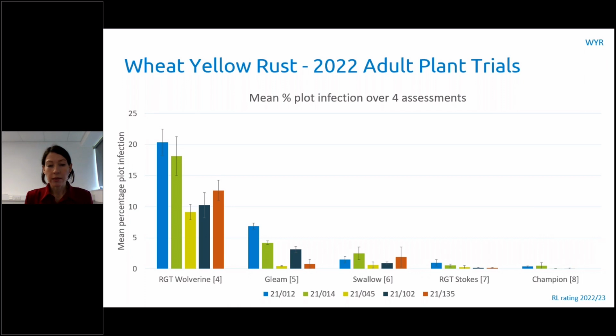Gleam, with a rating of 5, saw quite low levels, slightly higher with the first 2 isolates, and we would have normally expected to see probably a bit more on Gleam, but I did find that in these inoculated trials last year that the infection was held back by this very dry April we had, and then the warmer temperatures, which seem to impede development of the rust.